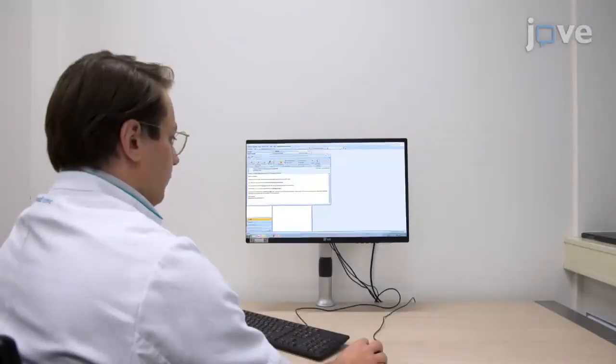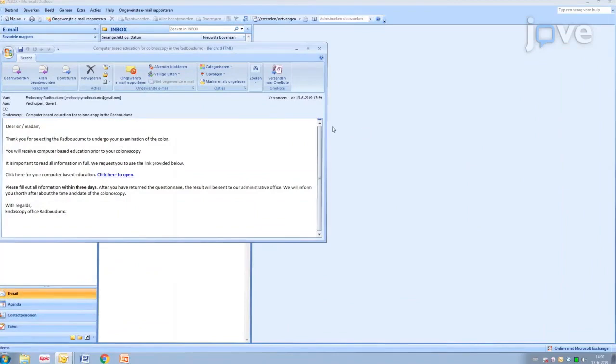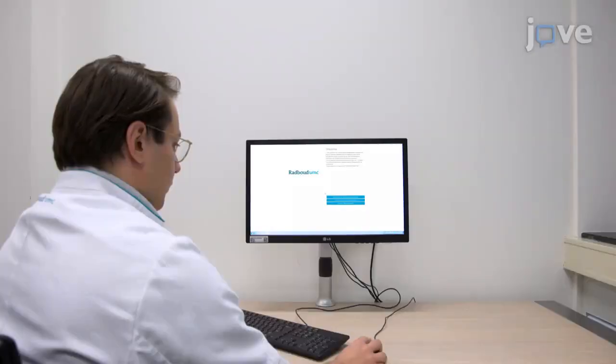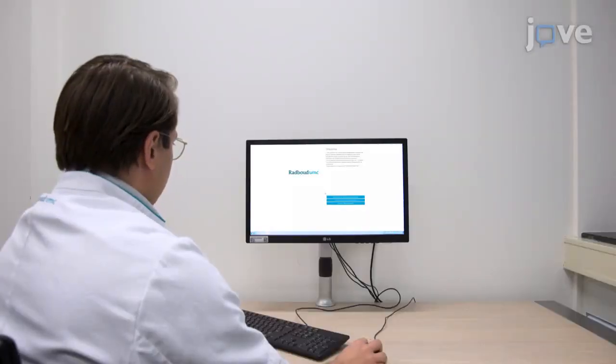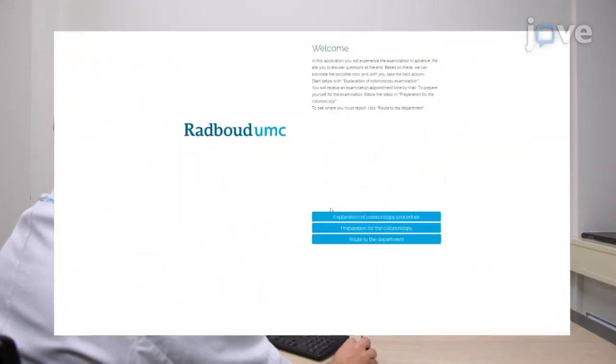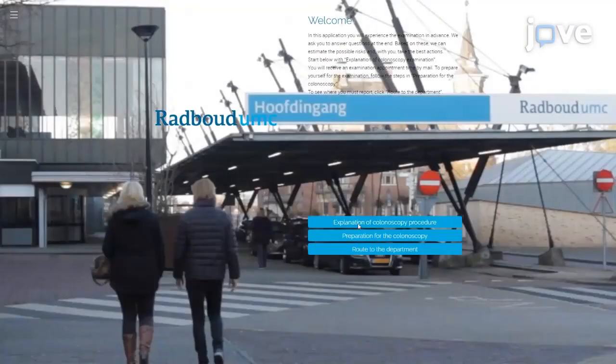Have the patient read the pop-up with instructions on how to use the CBE and click on the Explanation of Colonoscopy Procedure tab. Have the patient read